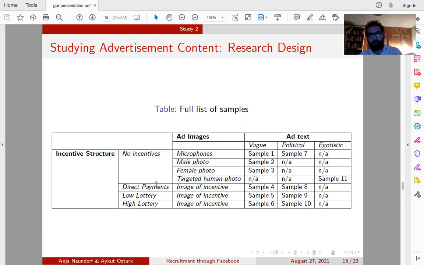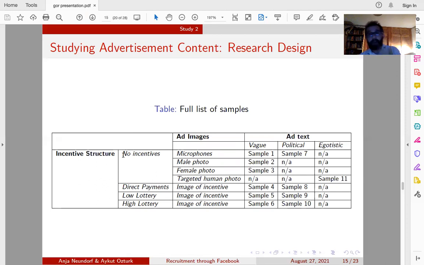Our design is, we have used 4 different incentive structures. No incentive, some advertisements, as you see the one previously. For some, we have used direct payments. We offered people